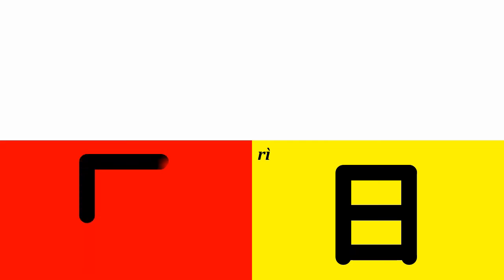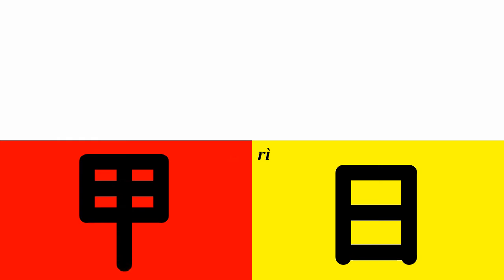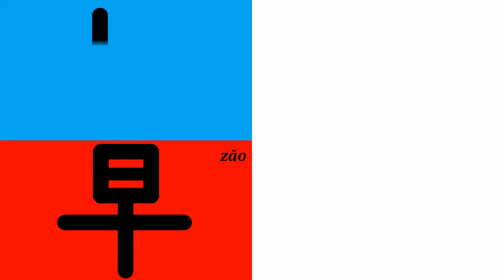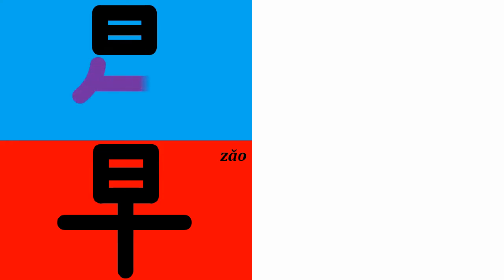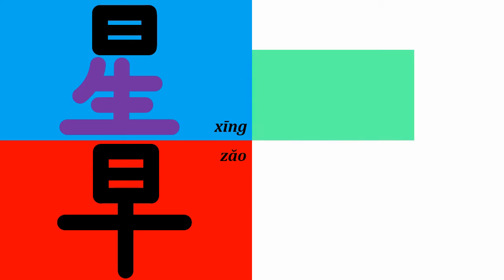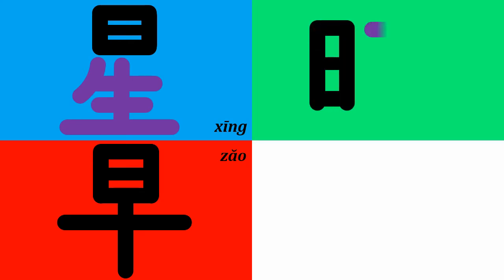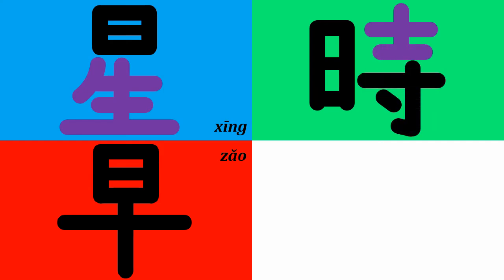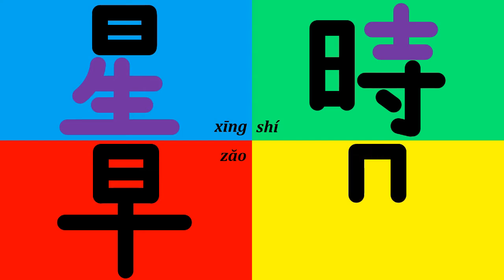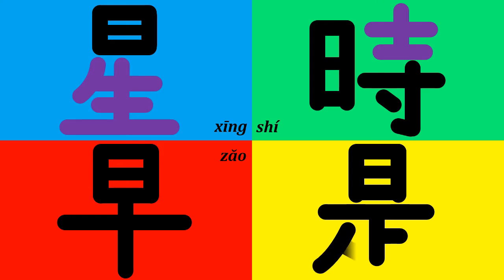Here is our color chart with today's 7 characters and their correct stroke order. 日 甲 早 星 时 and 是 寸